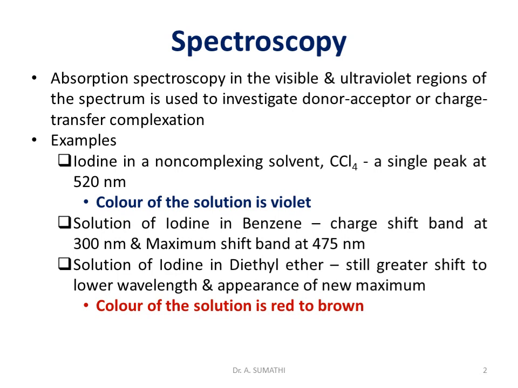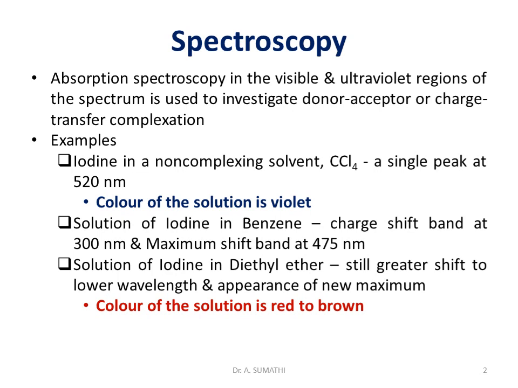So what is the main mechanism? The complexation involves a donor and an acceptor, that is, an electron donor should be there and an electron acceptor should be there, and it also includes the transfer of charge from ligand to metal or metal to ligand. So this is what happens in this method.